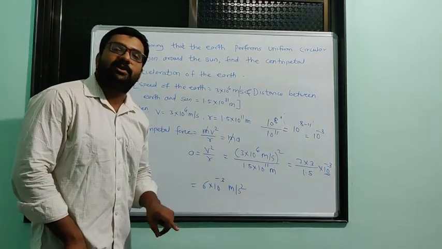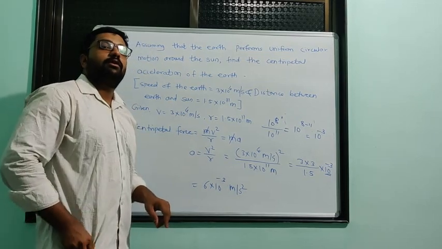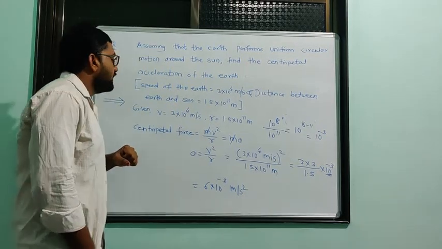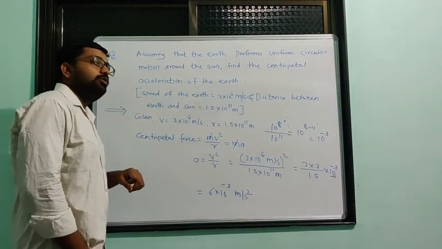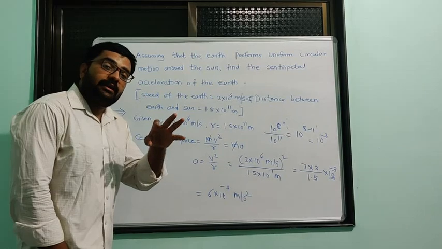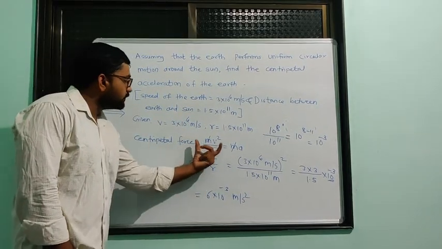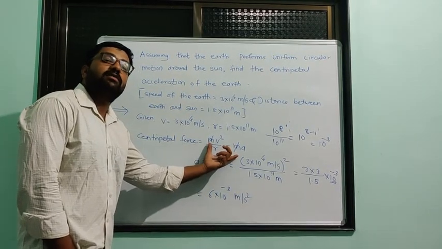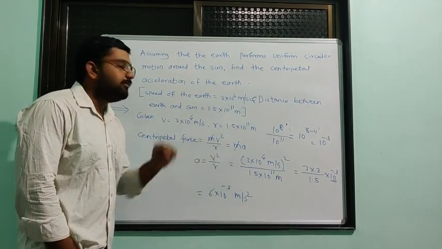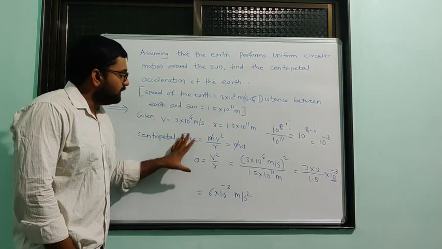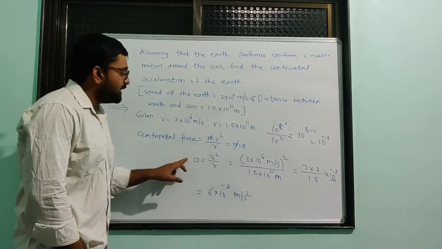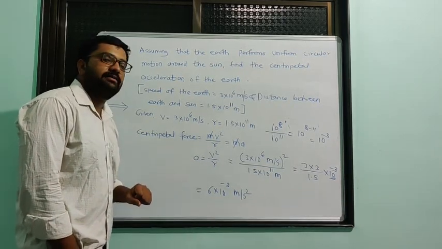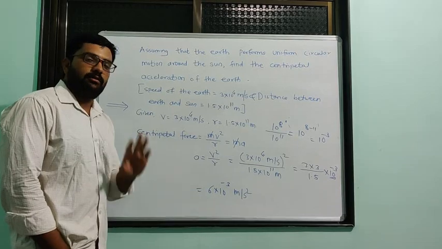per second square. Okay, so if we want to calculate the centripetal acceleration of the earth, we have to take into consideration the centripetal force, and the centripetal force will be equal to ma. According to Newton's second law, force is equal to ma, so ma will get cancelled. So according to that, we can calculate the centripetal acceleration of the earth around the sun, and that will be 6 into 10 raised to minus 3 meter per second square. Okay,